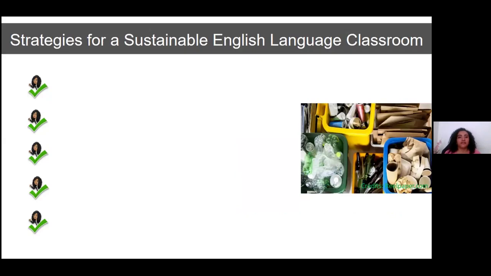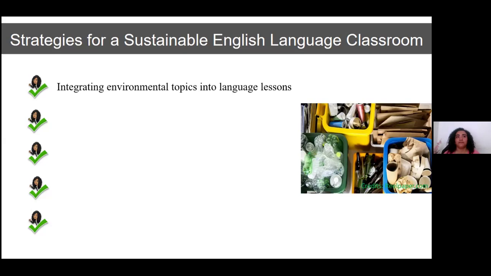Now, some other strategies that we language teachers can implement in our classrooms: for example, integrating environmental topics in our language lessons, using authentic material, looking for things that are happening around. For example, Brian, now that the typhoon or the storm happened, you can talk with your students about the situation and why it happens, how you can reduce or mitigate these in your houses, how you can prepare yourself for these situations, but in English. And then your students are going to develop not only language, also